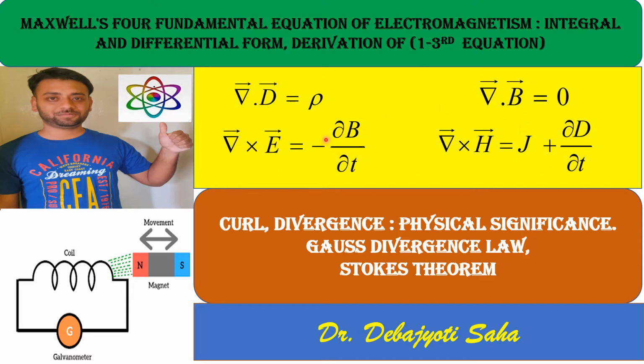Elaborately, I will be giving the concept, how to derive the equations, how to understand these equations, and practically how they can be useful in applications. Along with that, I will give an explanation of the curl and divergence of a vector field and two theorems. This is the pictorial representation of Maxwell's third equation: the moving magnet, the time varying magnetic field, with a coil.